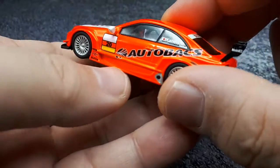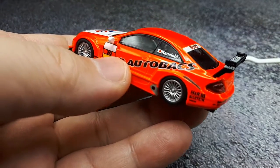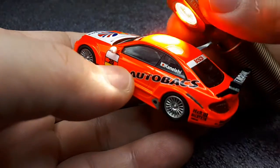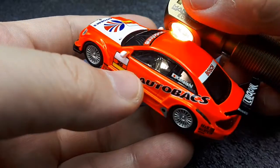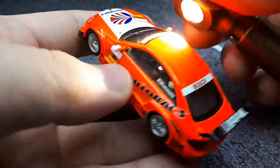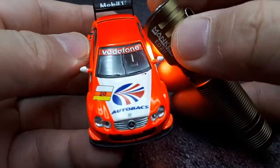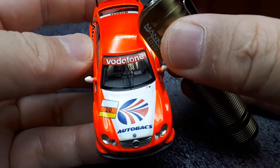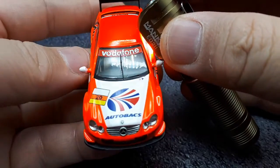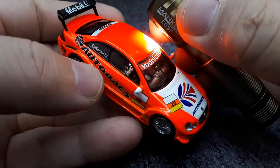Now the interior, yeah, I can see a roll cage there. Let me get the flashlight. Let's see if we can see anything else. Steering wheel. I'm curious if there's a passenger seat. I don't think there is. No. No, it's like a weird box, with the...